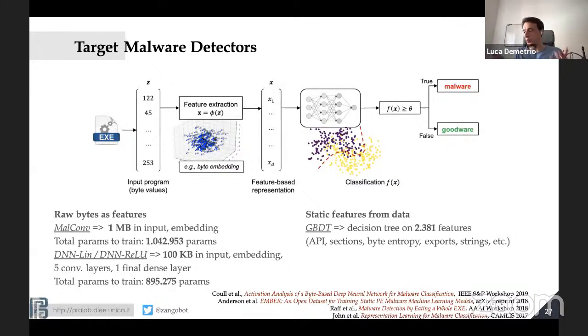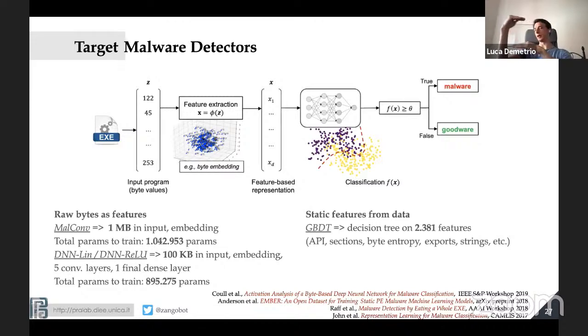But in particular, which malware detectors? Because now I told you, hey, machine learning plus security, I break classifiers, I did this and that, and then I'm not telling you what we are actually attacking. So let's split the world in 2. We have the world on the left, that is the world of deep learning. And in the world of deep learning, we have basically different architectures. Here, we are just going to report the 2 that we tested, but there are really a lot of networks for doing malware detection. If you just go on Google Scholar and type deep learning for malware detection, the list is long. But these are the 2 that we tested. So there is this one called malconv, which takes 1 megabyte in input.